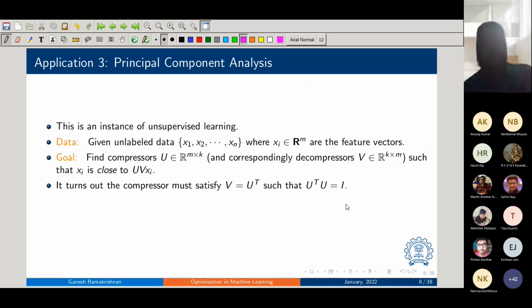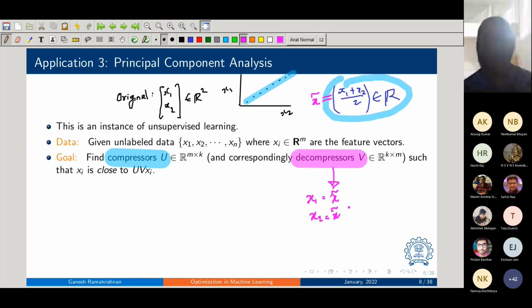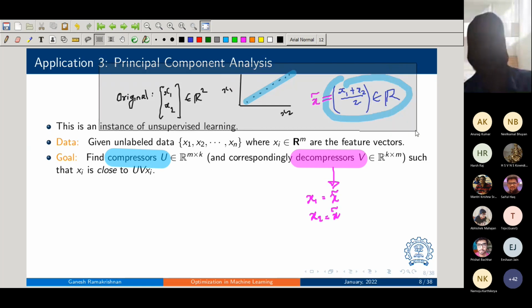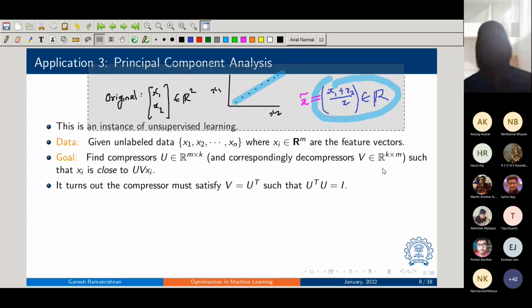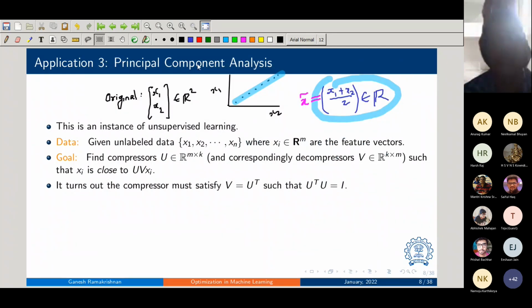Why are we saying this? I'll tell you the reason. Going back to this image, this is going to be a canonical running example for us, so let's copy this here as well. This compressor was basically saying, okay, I'll take x1 plus x2 by 2. Now, how that was arrived at needs to be seen, but the intuition was that the points seem to be perfectly linearly correlated, right? An assumption was made here to arrive at this x tilde. X tilde makes sense under the assumption